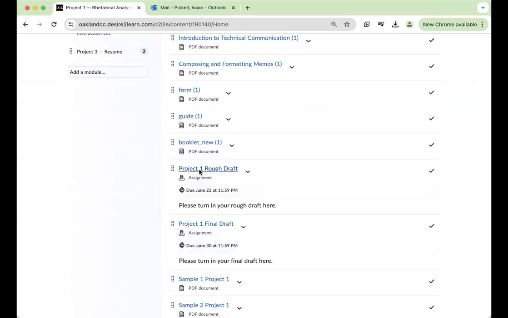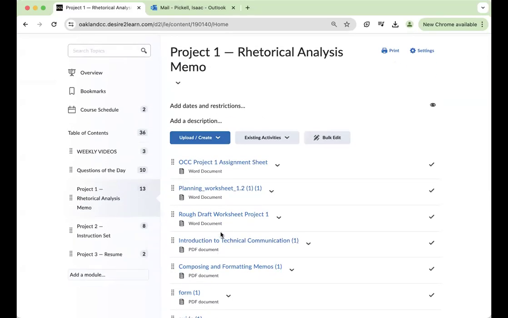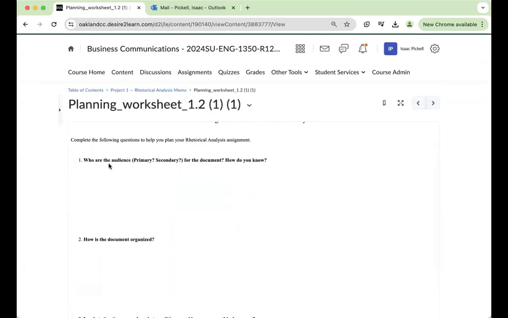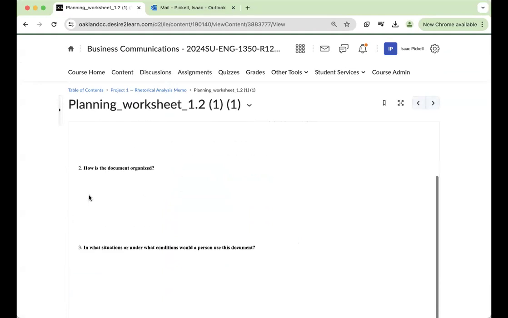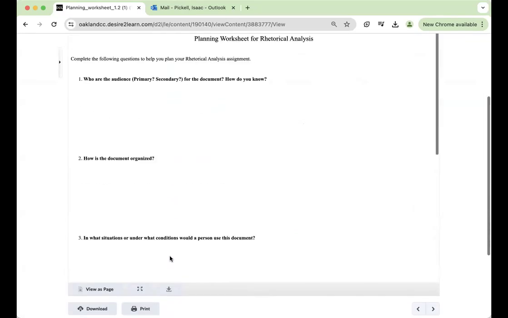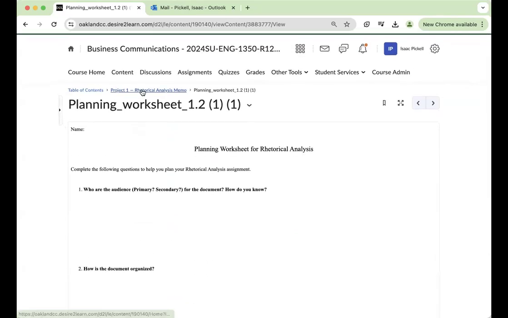As you see right here, Project 1 rough draft is due June 23rd. Things that could be useful for you are the planning worksheet, which poses some open-ended questions that will hopefully help you start to brainstorm what to put in your rough draft, such as what's the audience, how do you know, how is the document organized, et cetera. This is a helpful document.